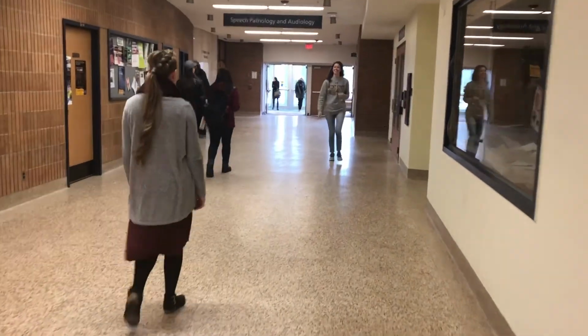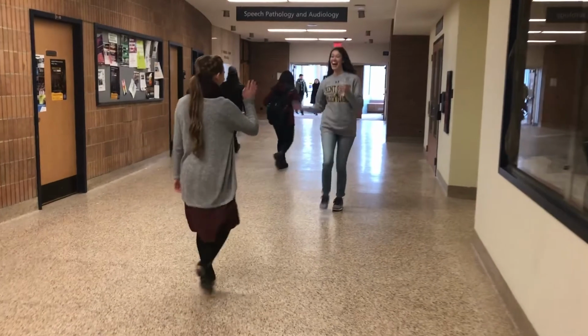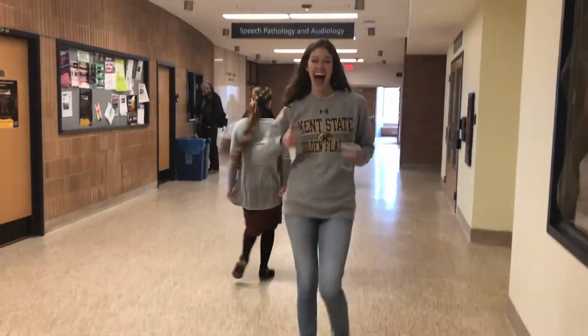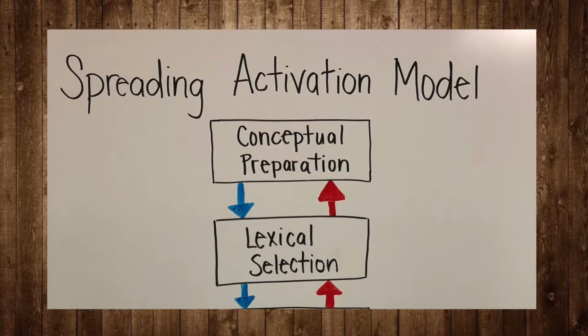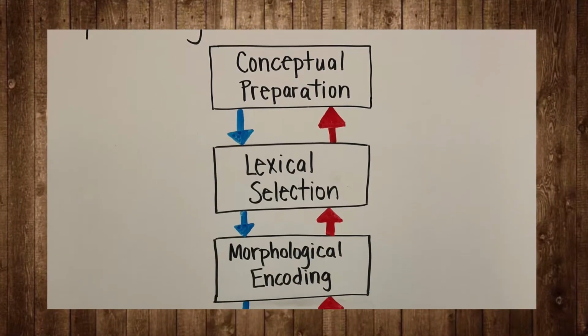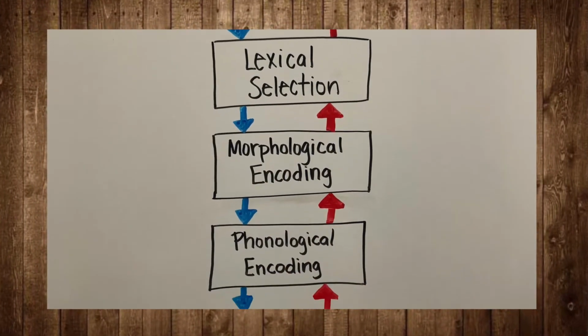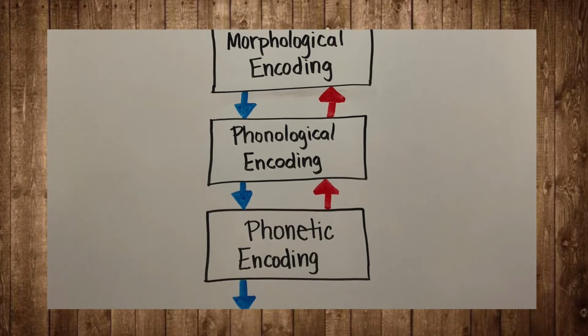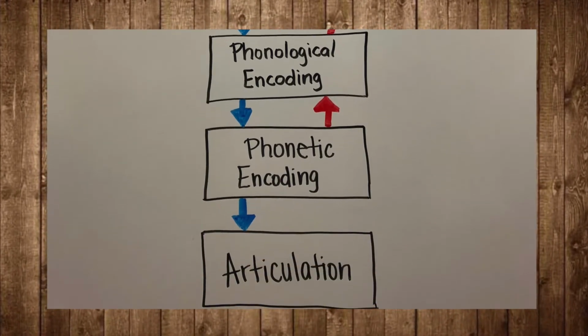We are more likely to notice errors before we produce them if we have less pressure on our cognitive system. However, as our cognitive system becomes overloaded, we have to put forth much more effort to correctly express our intended idea. Saying hello isn't as easy as you may have thought. There is a lot that goes into planning and executing even the most simple words and phrases. The spreading activation model is an intricate process that happens within a matter of seconds, so it's not unusual for an error to occur, especially if you're under additional stress and time restraints.